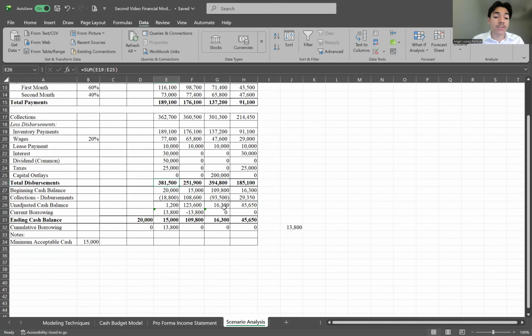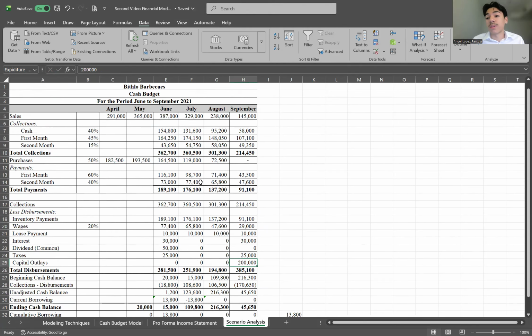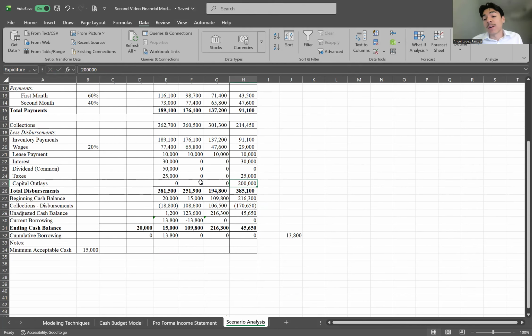Now, if we were to go down to, let's say, our change in expenditures happens in August, well, now we do see that our borrowing is $13,800. And the same thing would go for this. We go down to 200,000, and we now change this to zero. We do see that it also stays 13,800. This is simply because you have more time to generate the money compared to if you were to do it in June, where you would need to borrow a lot more money from the bank. So just showcasing it and going back to zero,